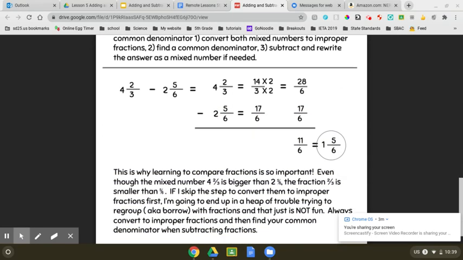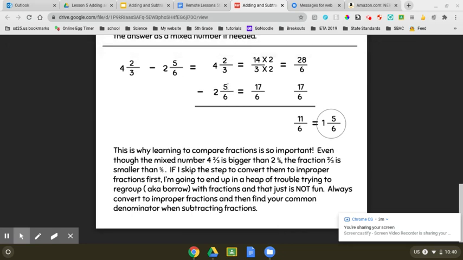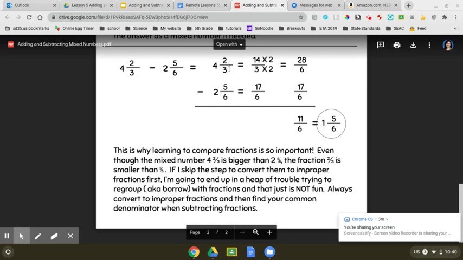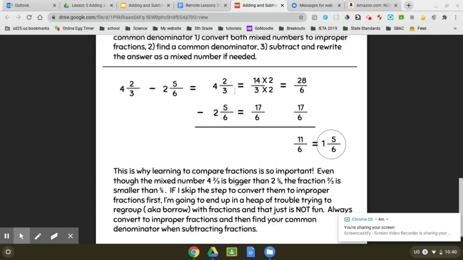Now, this example is very similar, except that instead of 1/6, I wrote 5/6 right here. Because if you were to rewrite this as just an equal fraction, I would have 4/6 minus 5/6. And you can't do 4 minus 5. You would have to go over to the 4, cross it out, make it a 3, borrow one whole, 6/6, and it gets kind of confusing. So this is why, in this kind of a case, especially where your bottom fraction is larger than your top fraction,